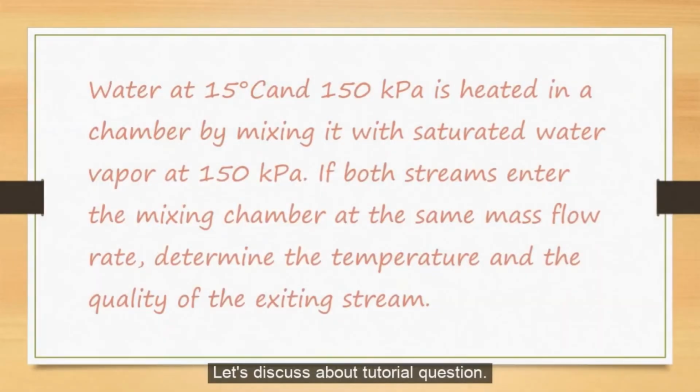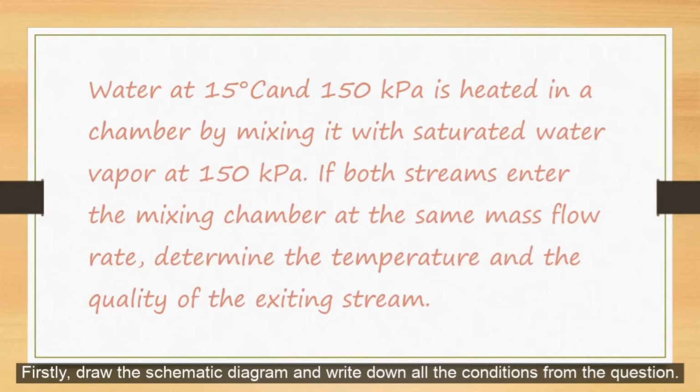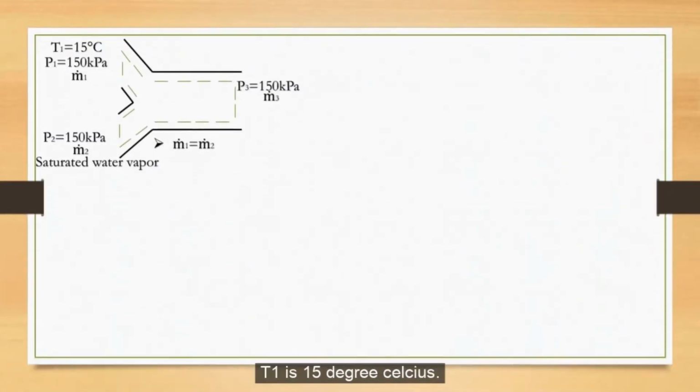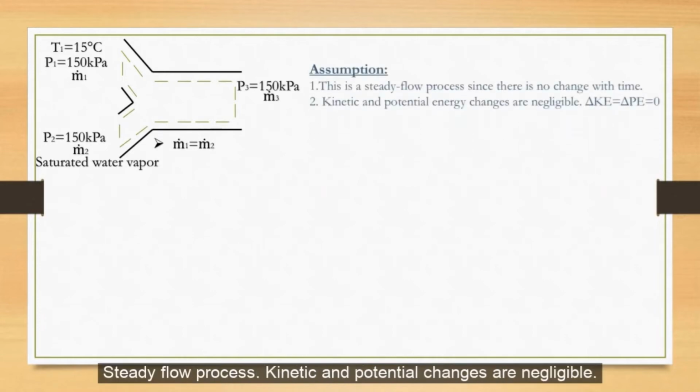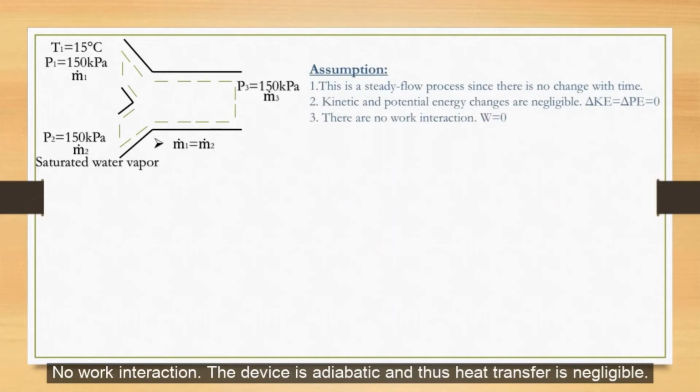Let's discuss the tutorial question. Firstly, draw the schematic diagram and write down all the conditions from the question. T1 is 15 degrees Celsius. P1, P2, and P3 are 150 kilopascal. Then, list down all the assumptions. Steady flow process, kinetic and potential energy changes are negligible, no work interaction, the device is adiabatic, and thus heat